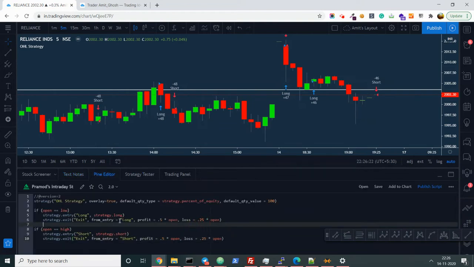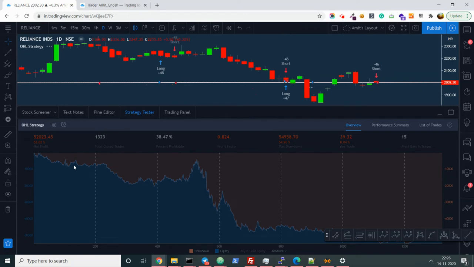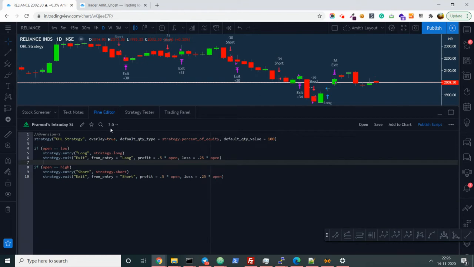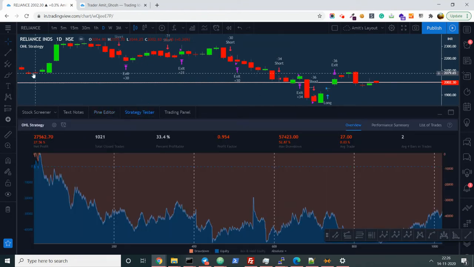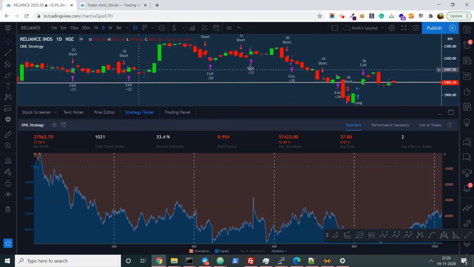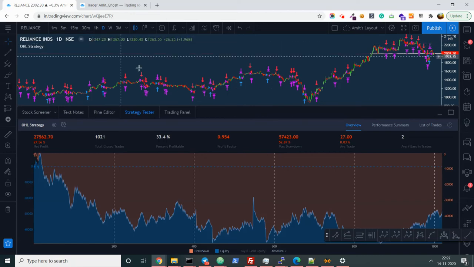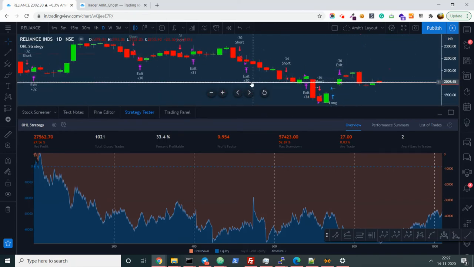Give me one minute. Yeah, so this is the same strategy as you can see, and you can also see the strategy report. It is showing how much profit or loss is happening in the case of Reliance. If you switch the time frame, it will take some time because it is calculating and running the whole strategy again. When you reduce the time frame like this, it takes that amount of time because of that number of trades. Now see, you have seen some dots here, right? It is showing all the trades that have occurred so far.